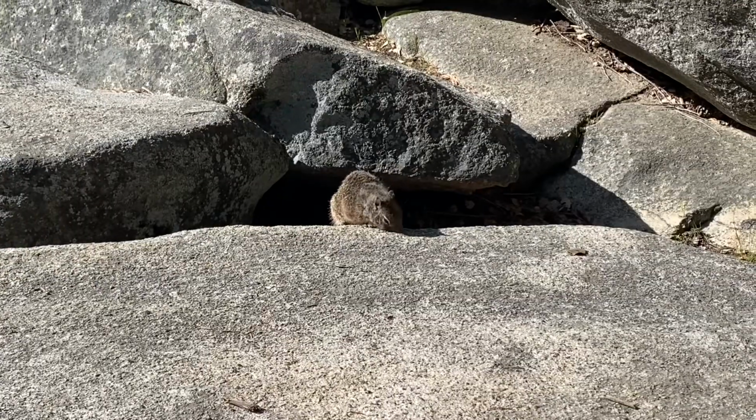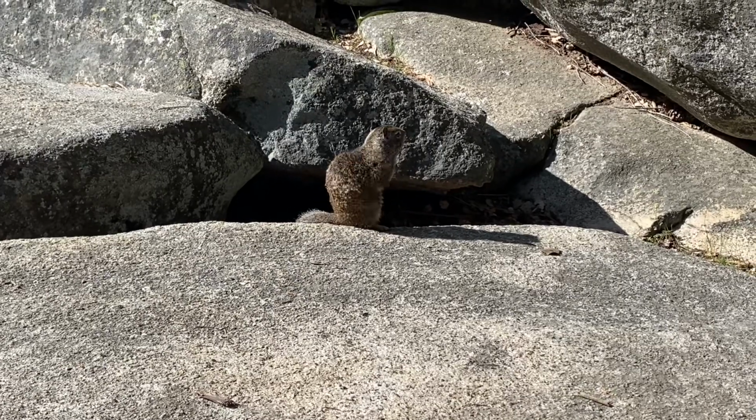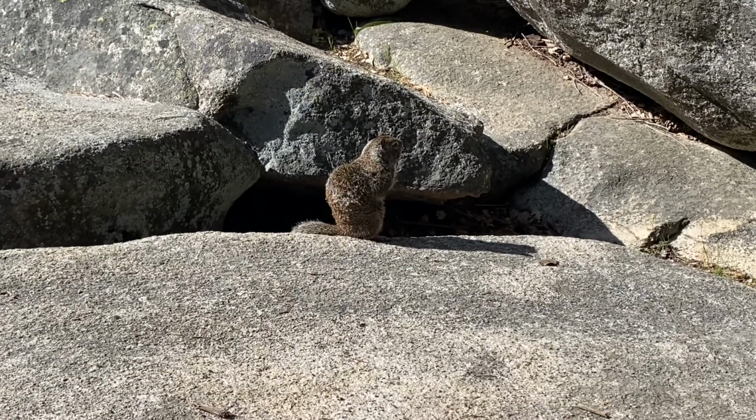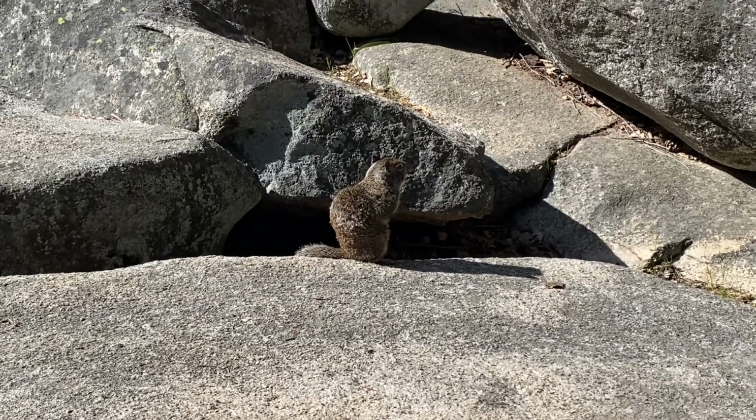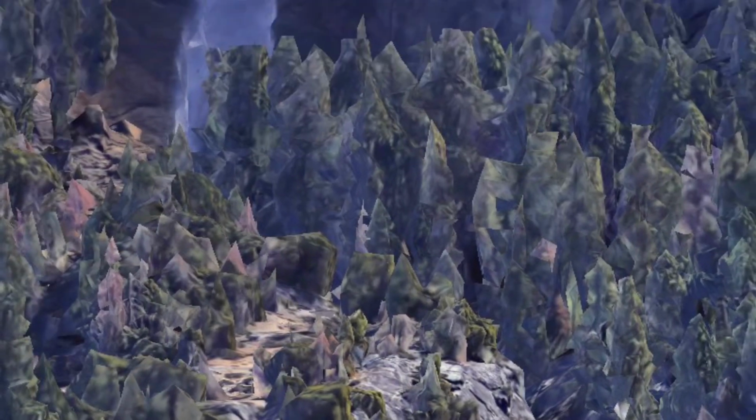This was also where we saw our first of many species of squirrel in Yosemite National Park. The California ground squirrel is common around California and Oregon and has also recently made a resurgence in Washington and northwestern Nevada. In no time, you'll make your way to the Nevada Falls footbridge that actually does provide a view